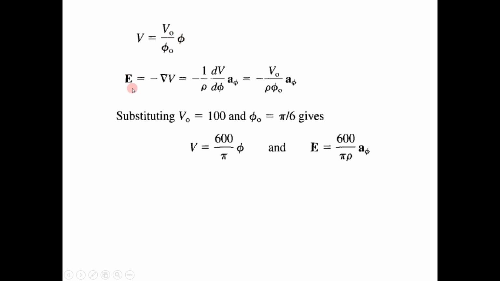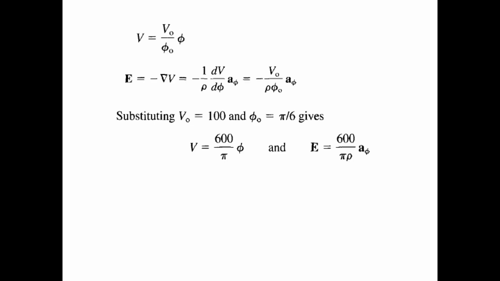Then to get electric field intensity, minus del V, again you understand the only variable involved is phi. So write that corresponding term of gradient in the cylindrical coordinate system. You substitute, and V naught value is given in the question, phi naught value is given in the question. On substituting, you get the value of V and E. So these are the two examples of how to do problems related to Poisson's equation and Laplace equation. You first go through these two problems and then try some other random problem and check if you can do it.